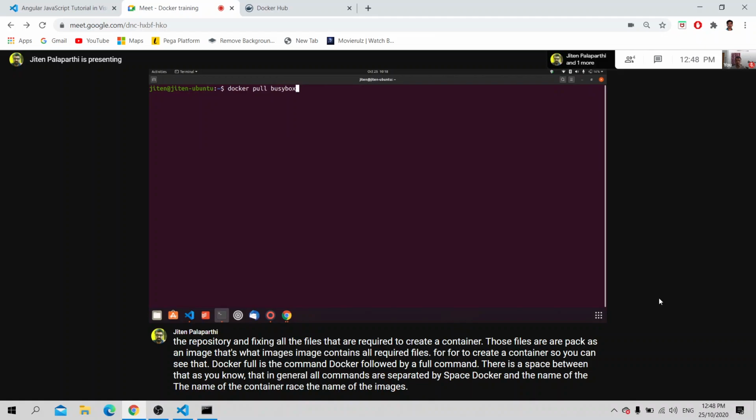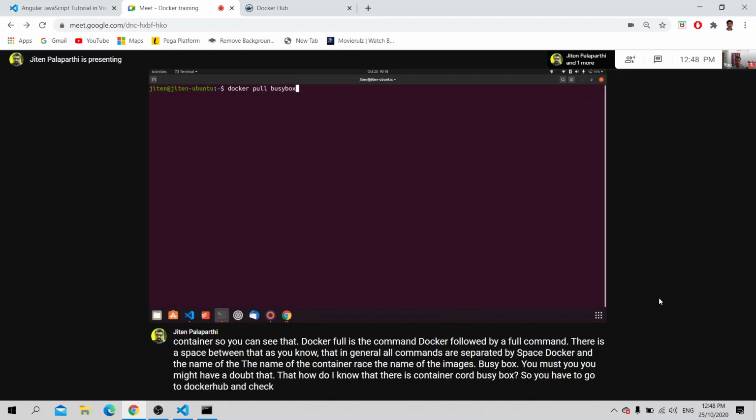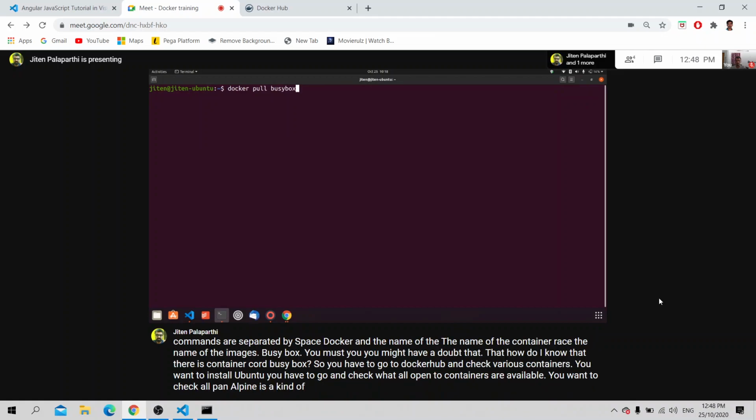You might have a doubt about how I know that there is a container called BusyBox. You have to go to Docker Hub and check the various containers. If you want to install Ubuntu, you have to check what Ubuntu containers are available. You want to check Alpine, a very lightweight container.